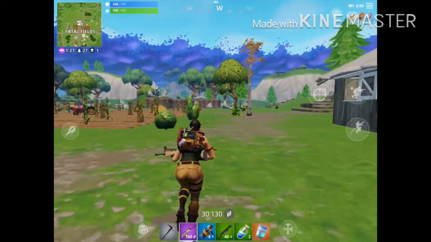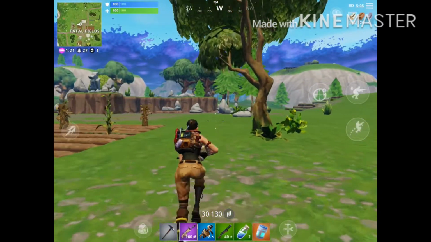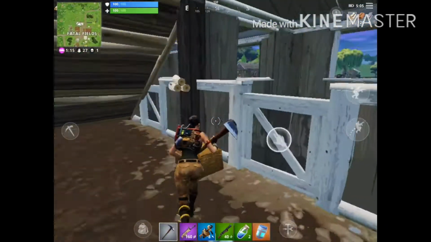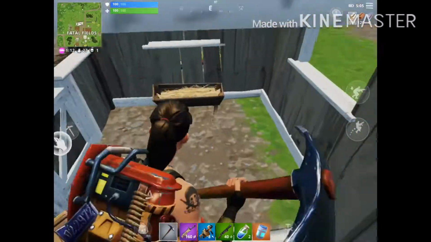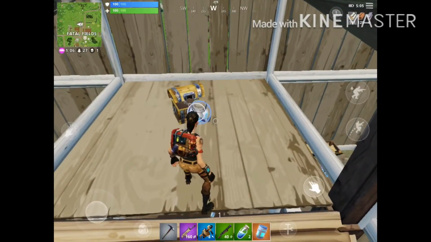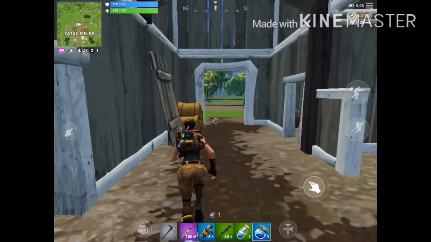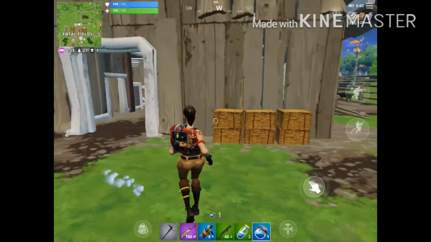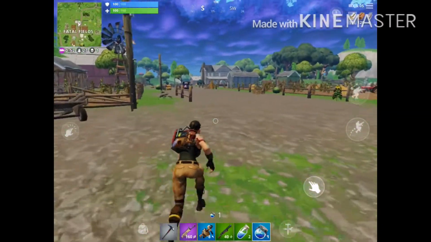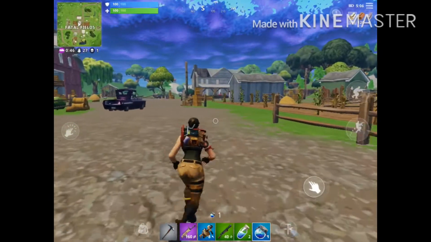So then I do some other stuff. I forgot what I do here. So then I go back here and I go up there for the big shield, and I drop the chug jug. Yeah, I drop the chug jug. Then I go search for the other big shield that I found earlier in the video. And once I find it,